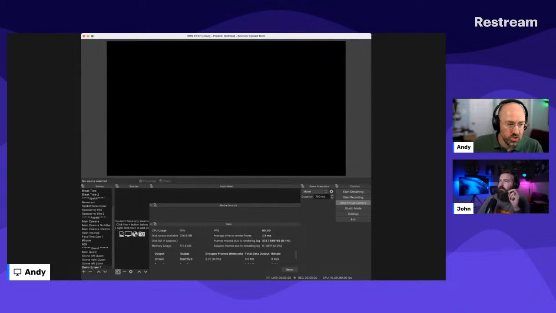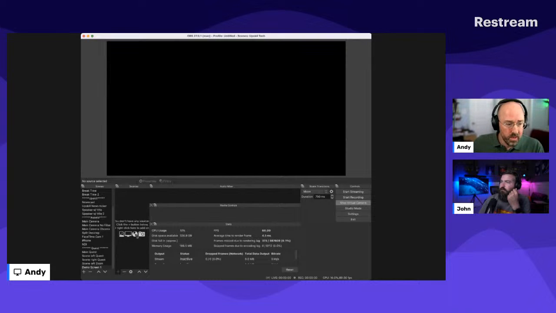And then the next thing you do is you go in and you add a source. And a source could be a webcam. This source could be a screen, like a window, your web browser, a PowerPoint presentation. A source could be a virtual webcam. A source could be a capture card feeding into it. A web browser, there's a web browser specific plugin. A source could be text. There's a whole bunch of different sources.